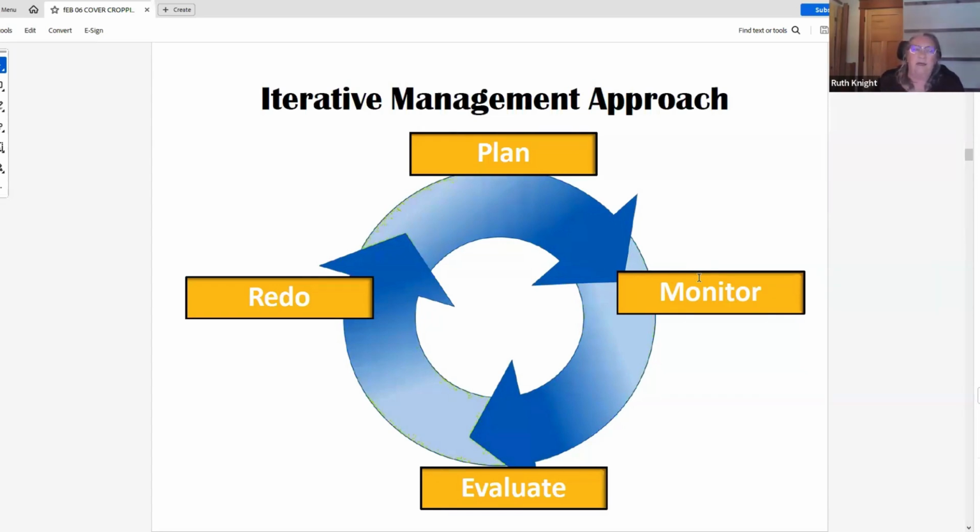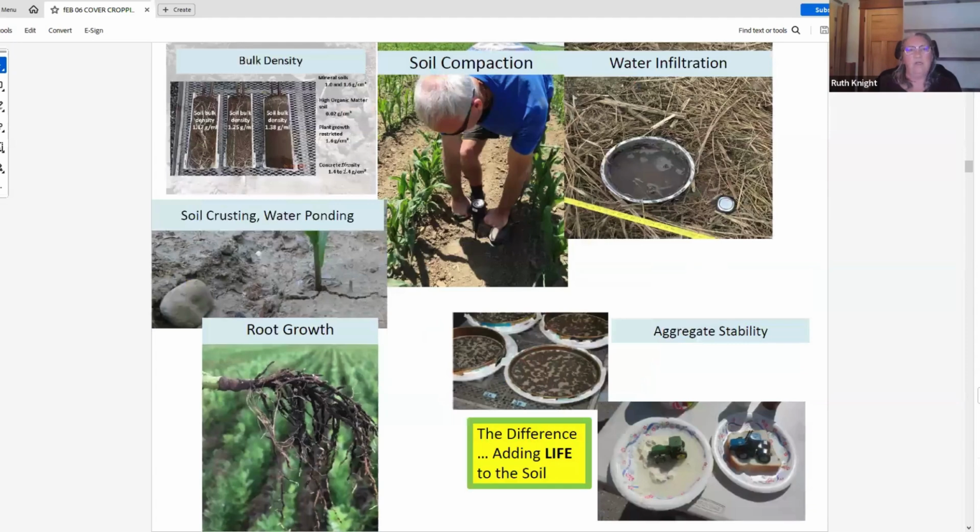Again, this is integrating them into the management approach, and what's going to be included in the steps of cover crop is to evaluate that and to replan. So this is just a reminder of the monitoring and soil data that we've been collecting that could lead us to cover crops: water infiltration, soil compaction,